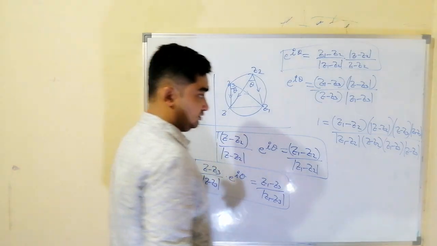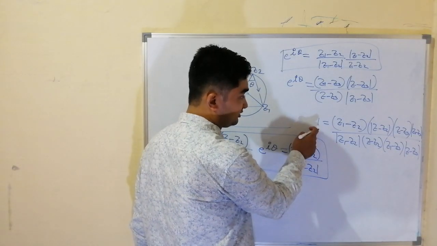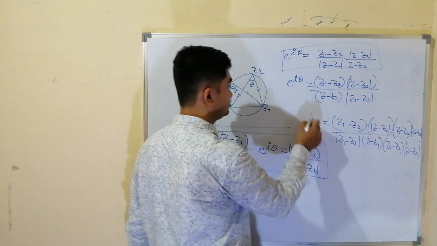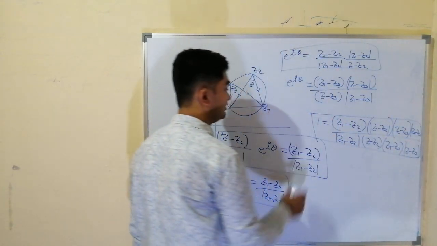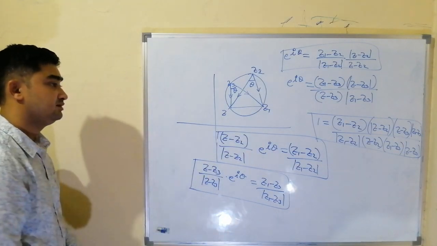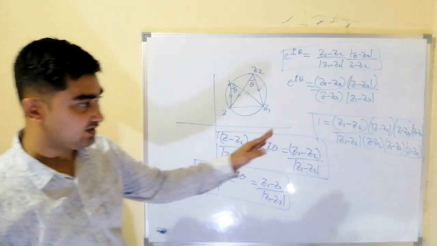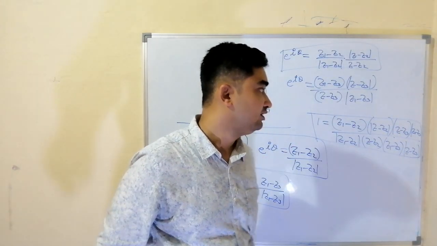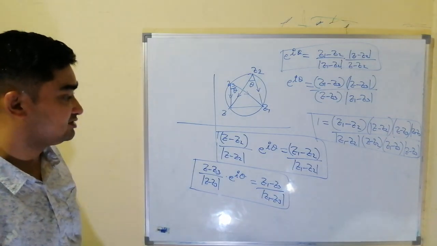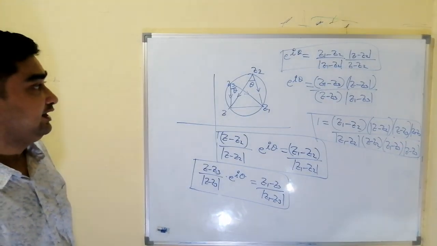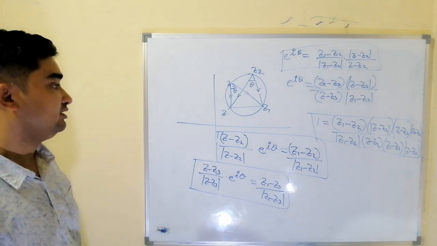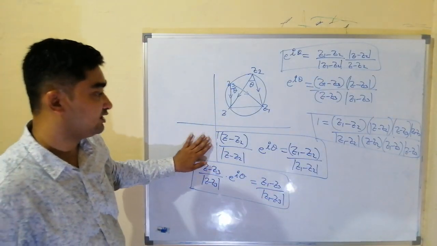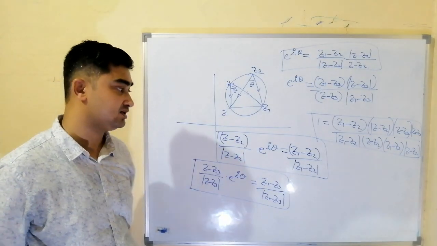Now this is 1. This is 1 means we can cross multiply and simplify. So like this also we can write the equation of a circle if 3 points are given. We can cancel the points which are in both numerator and denominator, like z minus z3 and z minus z3. Some things will be cancelled and we'll get the equation of circle in terms of z1, z2 and z3. It is not important, it is only simple algebra, but what is important is you should know how to rotate a complex number.